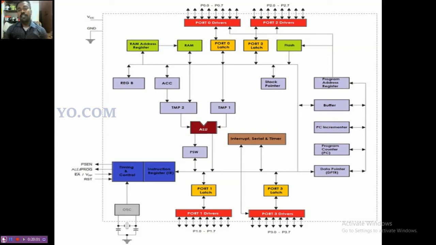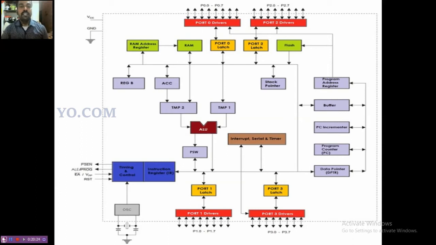The second block in the diagram, behind the port, is the latch. The yellow color blocks indicate the port latch. Each latch is used to control the data flow. According to some control, it will stop or allow the data flow between the port and internal buses.